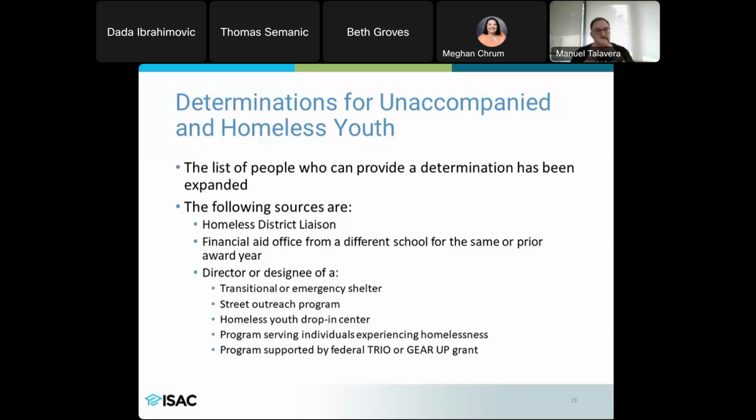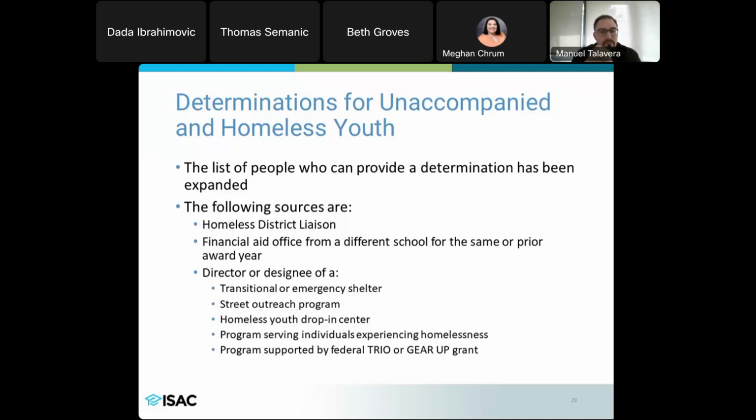So some determinations for unaccompanied or homeless youth. Keep in mind, for FAFSA purposes, students have to meet both definitions. Unaccompanied, meaning you're not in the custody of your parent or guardian, and homeless, meaning you're either couch surfing, living in hotels or motels, or you don't have a physical space you call home. And some students might not even consider themselves homeless. They could be living with a family friend. But keep in mind that only your parents or guardians are legally required to provide that for you. So the student again may not consider themselves homeless.